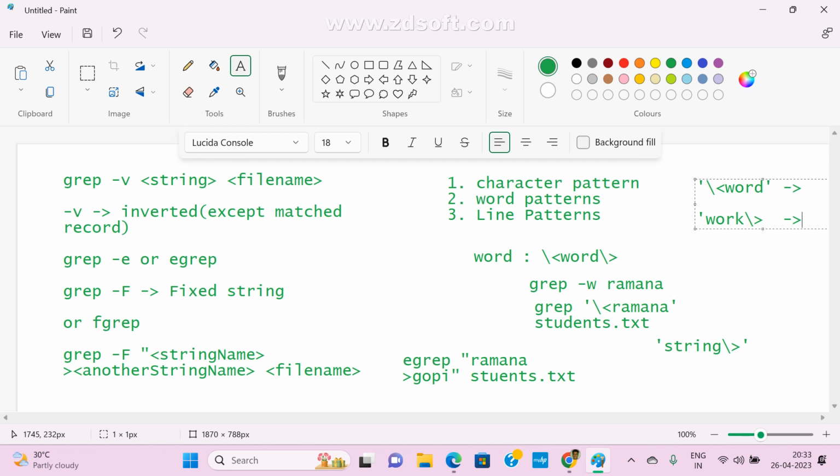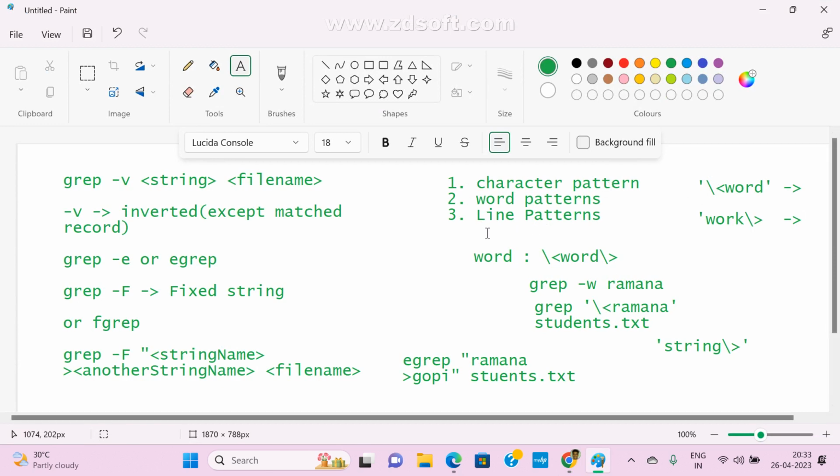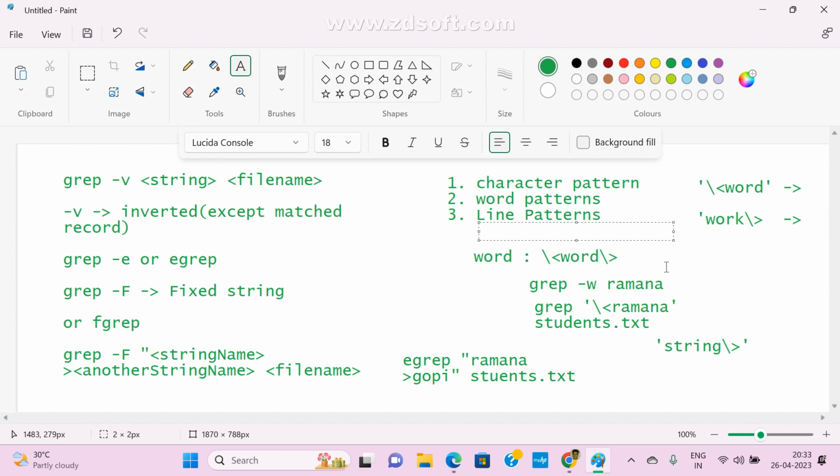Suppose you want to display all lines that start with the character D. There are two more symbols we can use, for the line pattern. So there are three ways: character pattern, word pattern, and the last one is line pattern. The cap symbol on the keyboard represents line starts with.